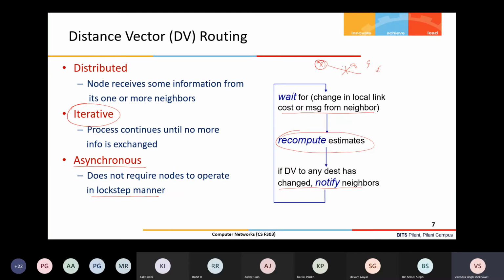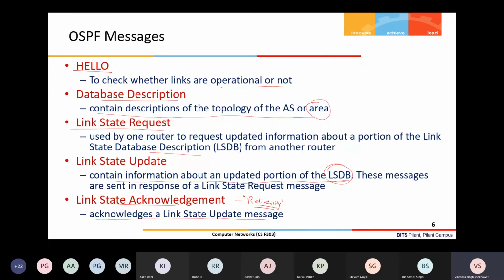One thing I forgot to mention about OSPF, that is how the link cost is measured in IP routers. So link cost is measured like this. This is a formula which is used for link cost in OSPF. There is a concept of reference bandwidth in OSPF. The reference bandwidth can be configured, meaning when you purchase a new router, you can configure the reference bandwidth. It gives various options like 100 Mbps, 1 Gbps, 10 Gbps, 100 Gbps.